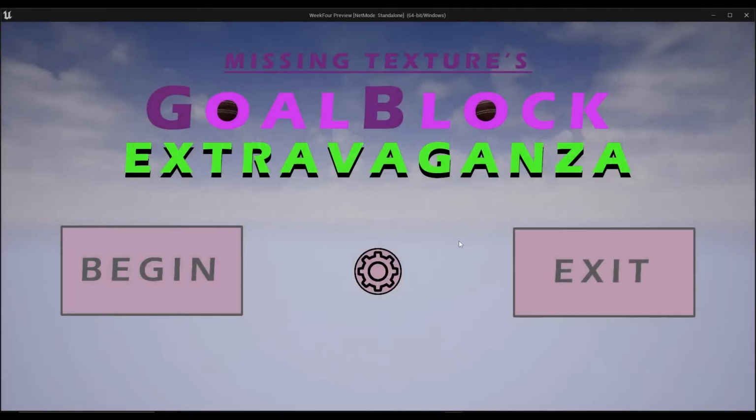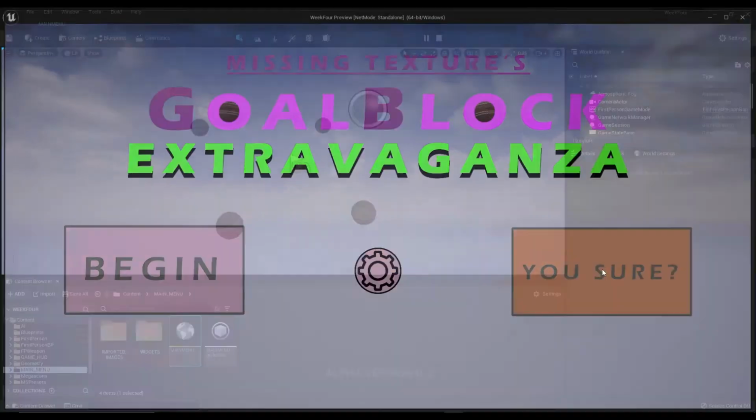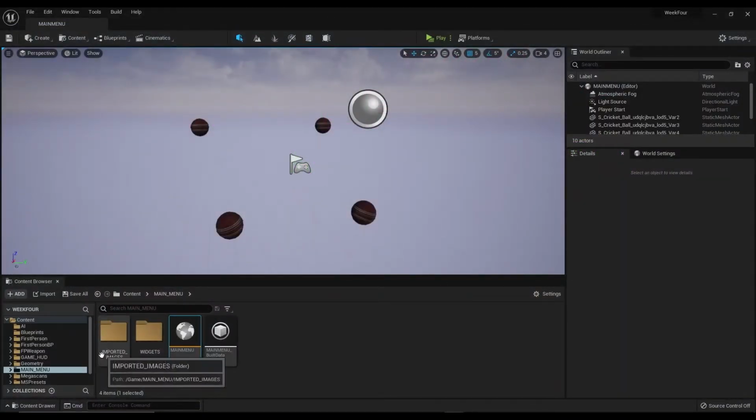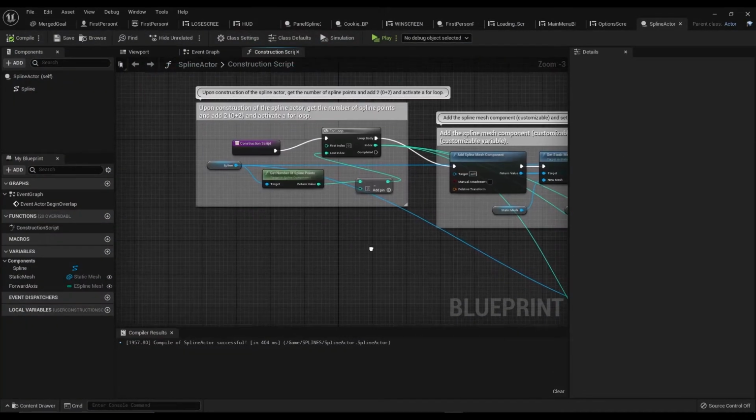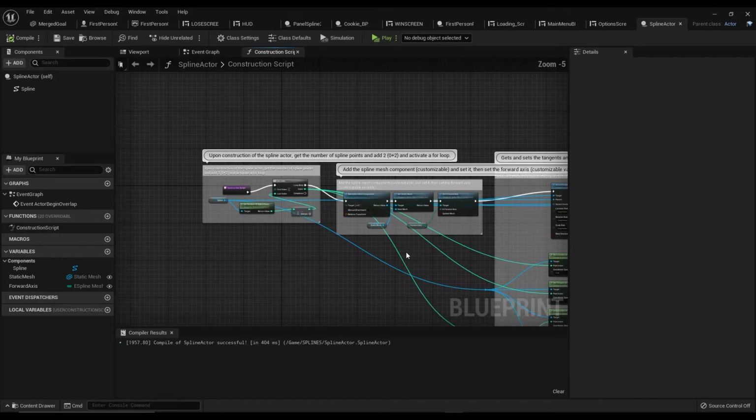Okay, so there's actually one thing I'd like to go over first. Let me go ahead and show this functionality there. It exits the game. However, there is some code that I would like to elaborate on. It's the splines themselves. So you can see here I'm going to do a little bit of a code breakdown